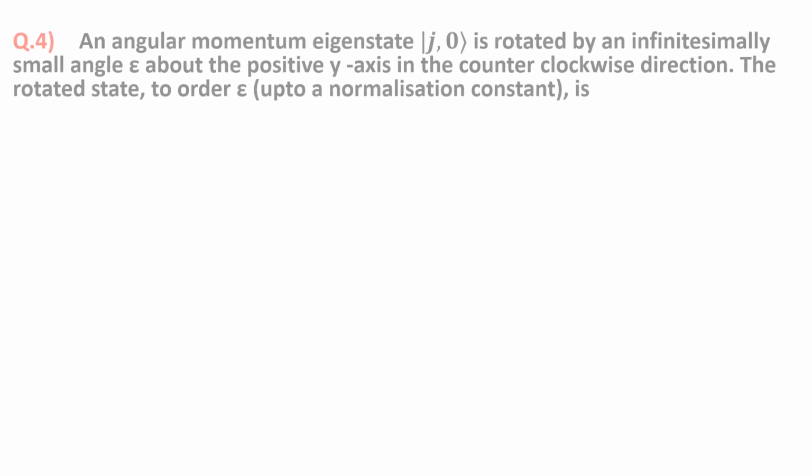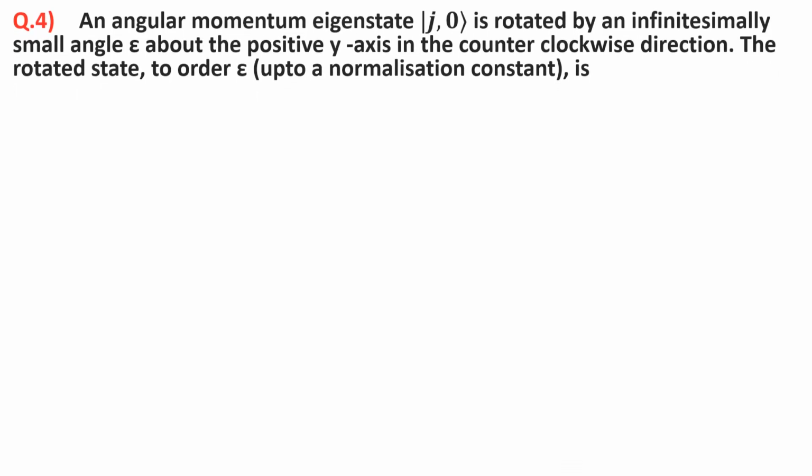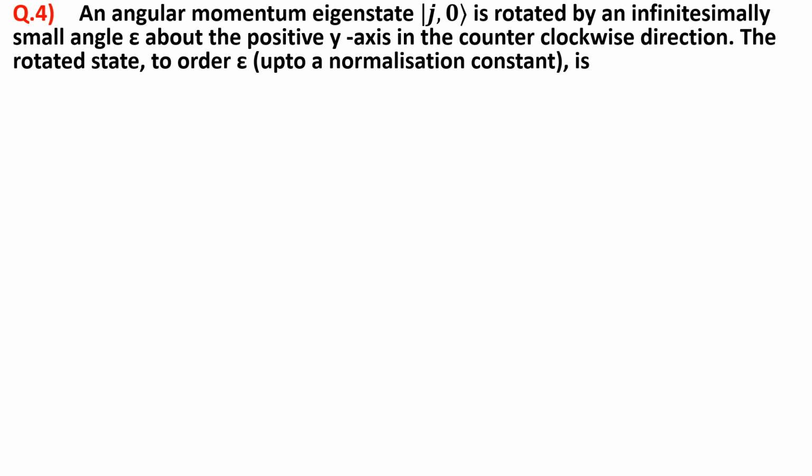Question 4. An angular momentum eigenstate |j, 0> is rotated by an infinitesimally small angle epsilon about the positive y-axis in the counterclockwise direction. The rotated state to order epsilon, up to a normalization constant, is: